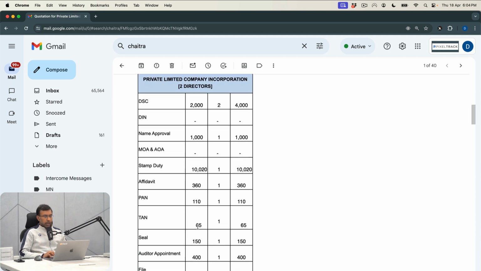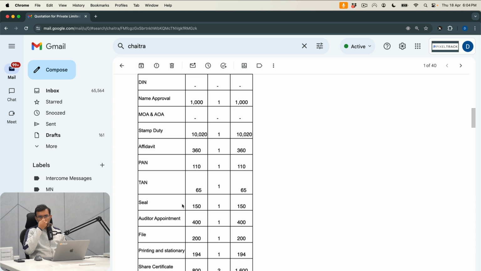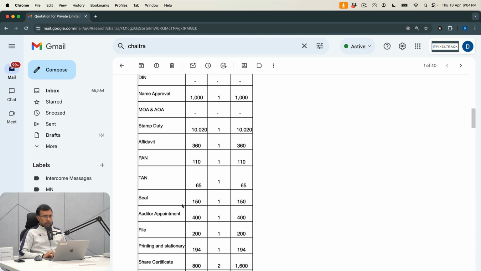Affidavit, PAN, TAN. TAN is required for doing TDS, because whenever you are sending payment to somebody, and if it is more than 30,000 rupees in a financial year, you need to do tax deduction at source. Because what if the freelancer is not honest with the government on how much income he has made? But if you do a 10% TDS, put it against his PAN, then he has to show it as income. So this happens because the government does not trust people and people do not trust the government, and that is why there is so much compliance requirement.